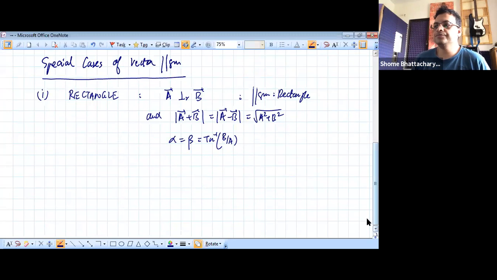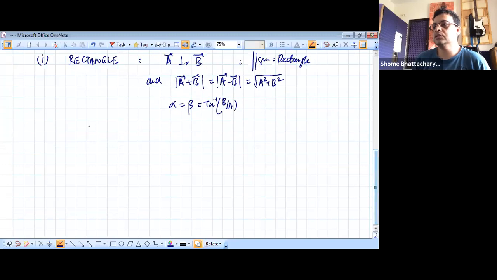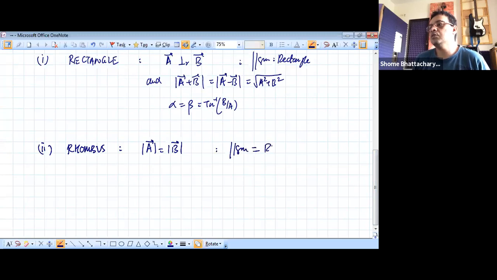Okay, so then the special case number 2 that we had seen was the case of the rhombus. rhombus के केस में क्या होता है that magnitude of A is equal to magnitude of B. So in that case, the parallelogram becomes a rhombus, and then it has these important properties that A plus B is perpendicular to A minus B,